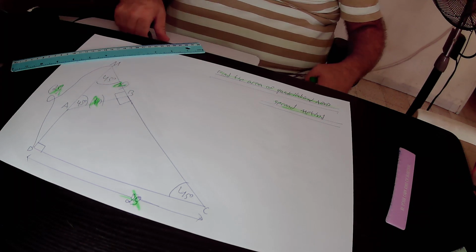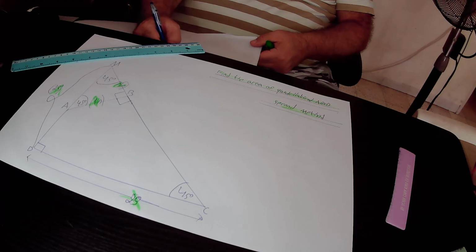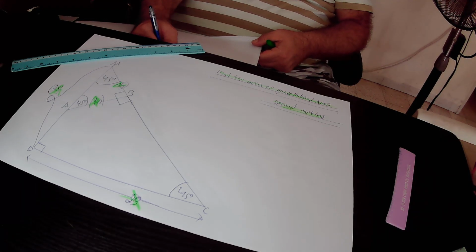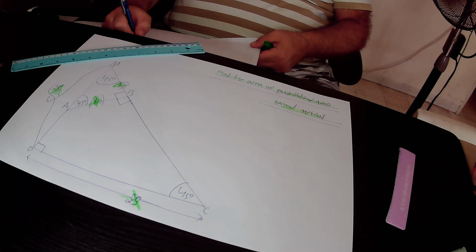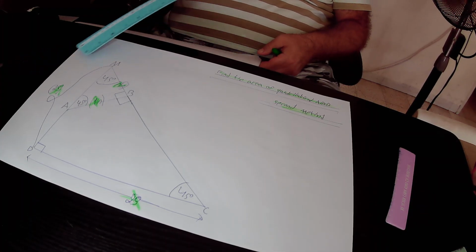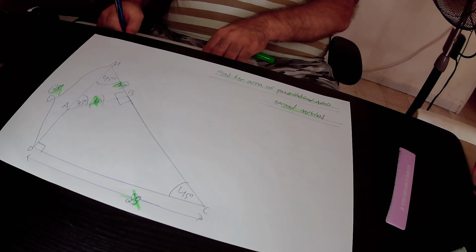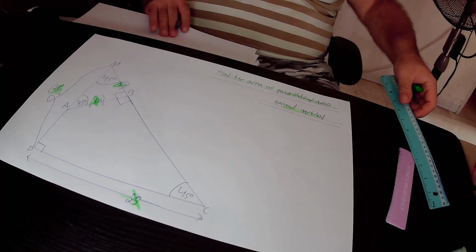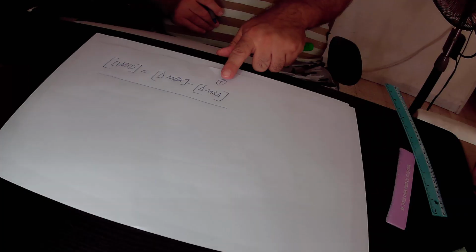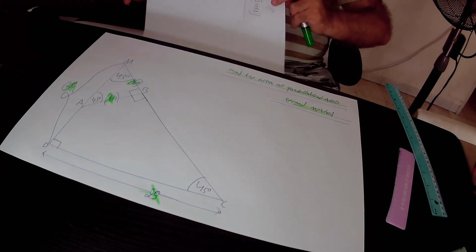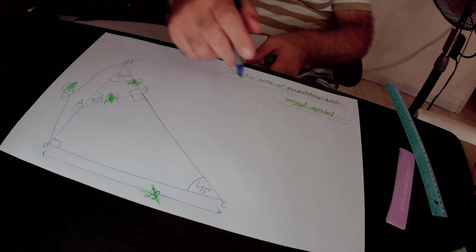So write it down. The area of quadrilateral ABCD equals the area of the big right triangle MDC minus the area of the small right triangle MBA. The area of the big right triangle MDC equals the base DC